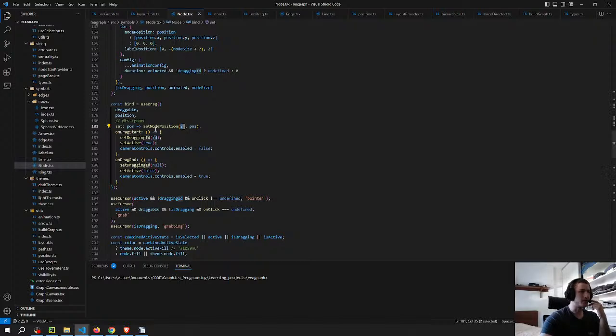So this ID is from the node, which is another thing that's kind of weird, because it feels to me that it's not the best, because it's coupling two different things. It would be better to just separate, I think, to just pass the set node position function. And then remove the ID maybe. But the thing is, you need the ID obviously, but